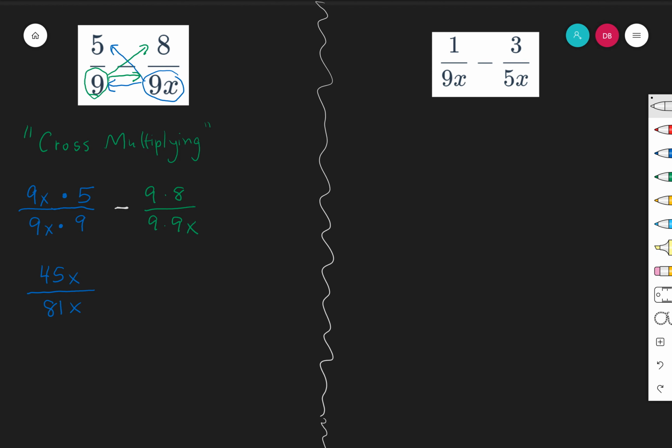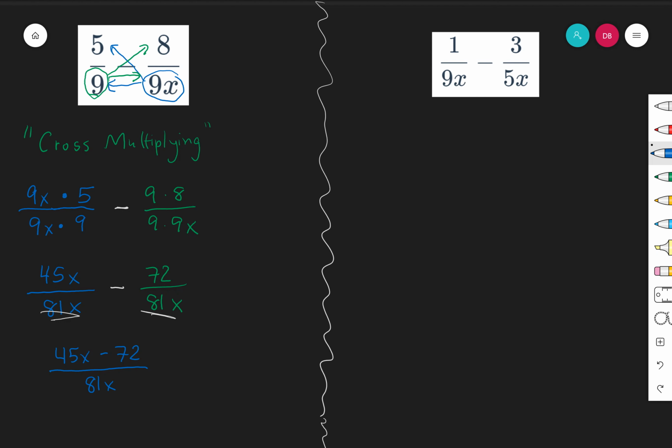Still have our subtraction that we're doing. And over here, 9 times 8 is 72. No x this time. And then 9 times 9x is 81x. Now I got what I want. Now I have this common denominator. So I can do like we did on the last couple of problems, and I can just subtract across the top: 45x minus 72